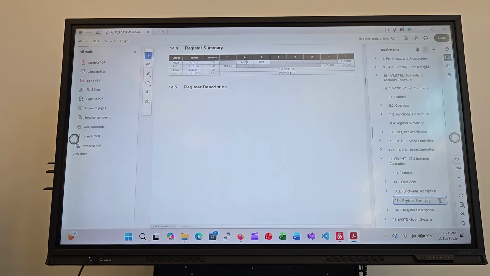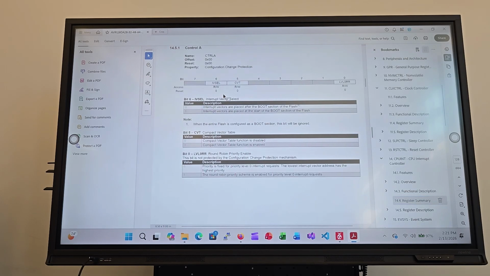Offset 0 is control A. Control register A. Interrupt vector select: a 1 in that bit location sets the interrupt vectors at the boot section of the flash, the first addresses to run in the program. So that,